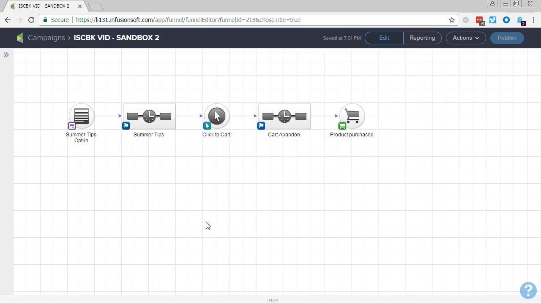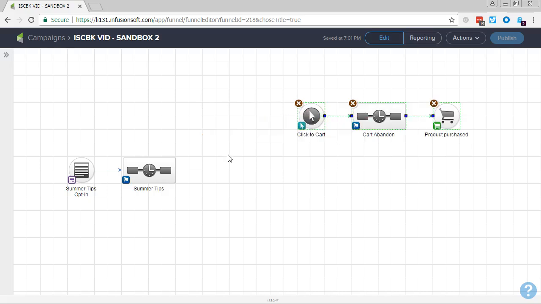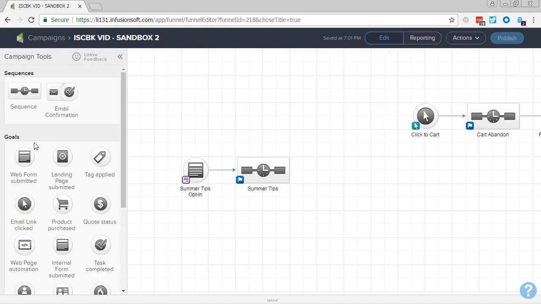And you want to make sure to retain any sequence content that you might want to reuse in the future. So in this case, we definitely want to reuse the summer tips opt-in and series because that did really well this year. So we're going to go ahead and build out the summer tips. And then let's pretend that the winter is going to be a little more involved here. So let's pretend that we're going to have our